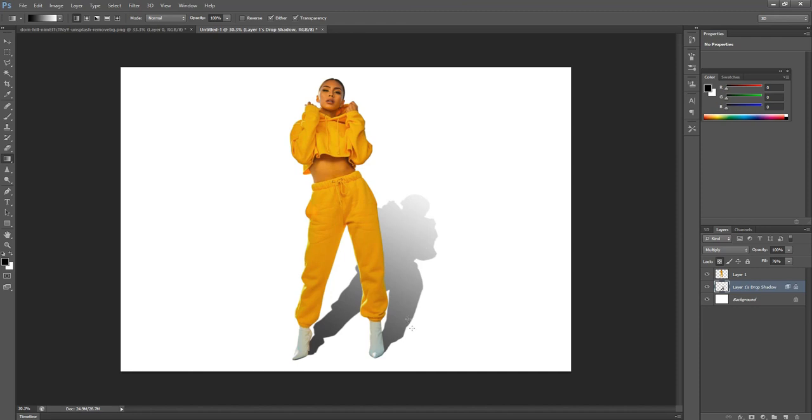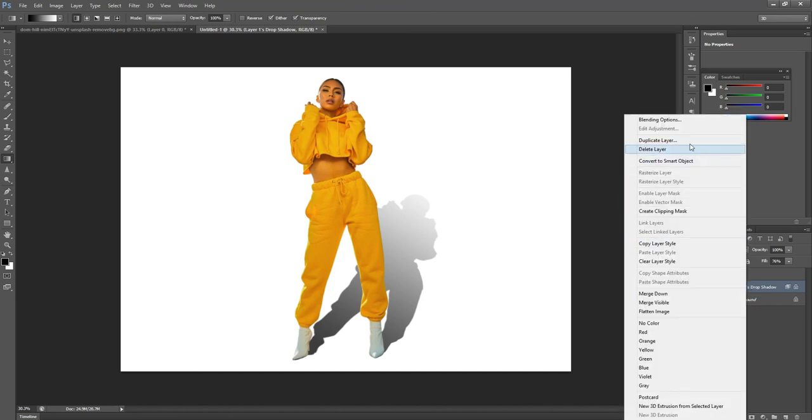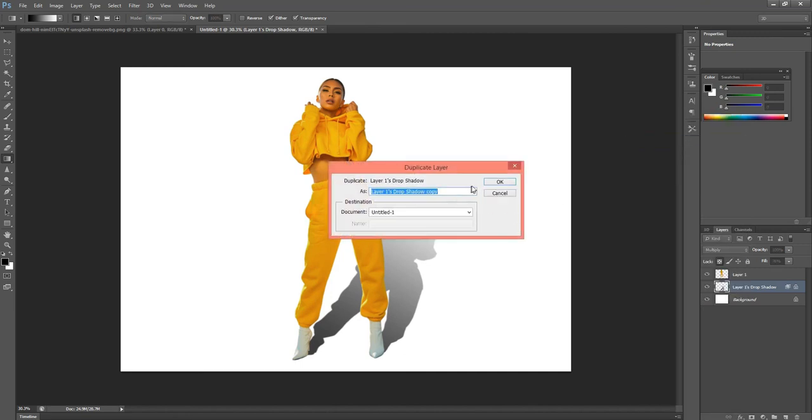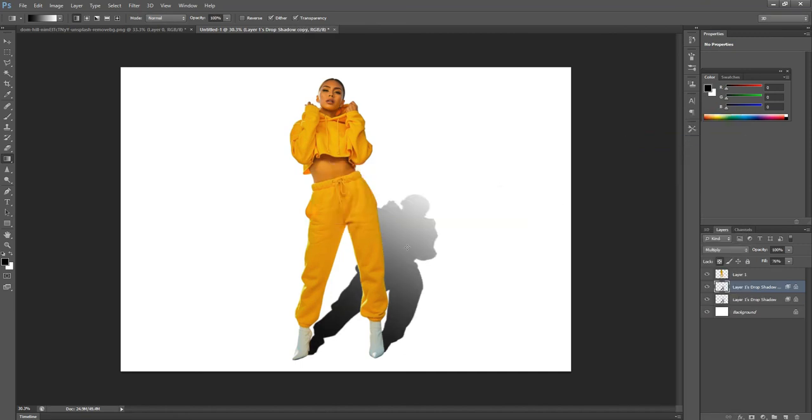If you want a darker drop shadow, then go to the drop shadow layer and duplicate the layer. Now it looks darker. Again, if we duplicate once more, it looks even darker.